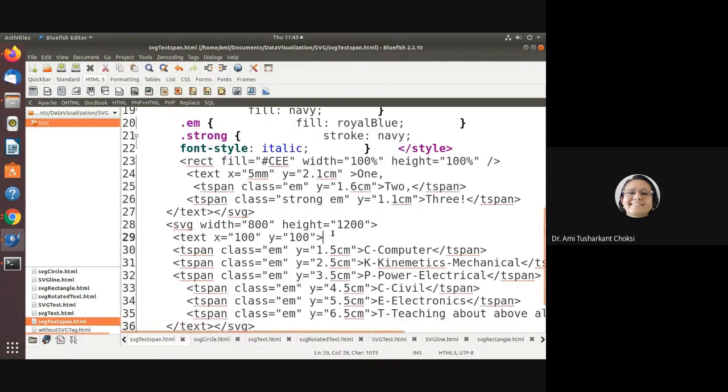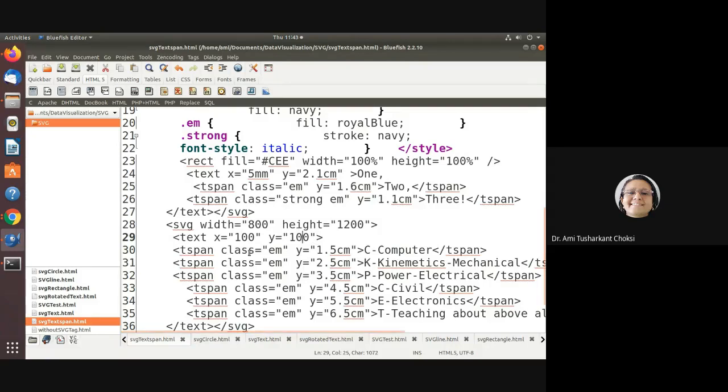Okay. So now what I have done is, I'm specifying SVG, width is equal to 800, height is equal to 1200. Fine. SVG tag again started. Text, x is equal to 100, y is equal to 100. We want that it should start at x 100 and y 100.